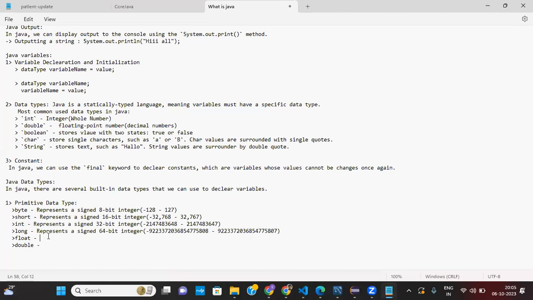So basically, it represents 32-bit, and it represents 64-bit. And 32-bit floating point.